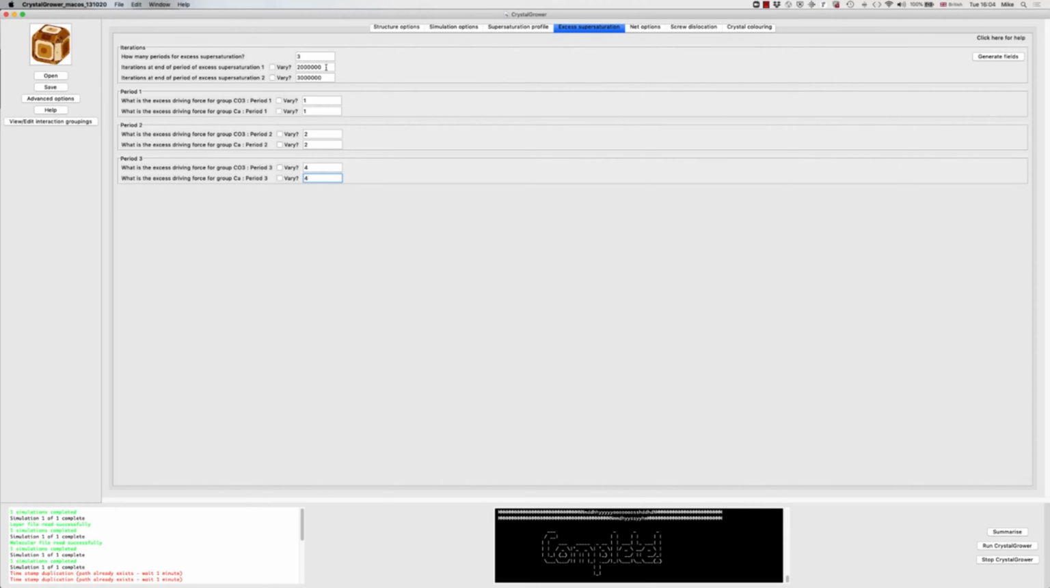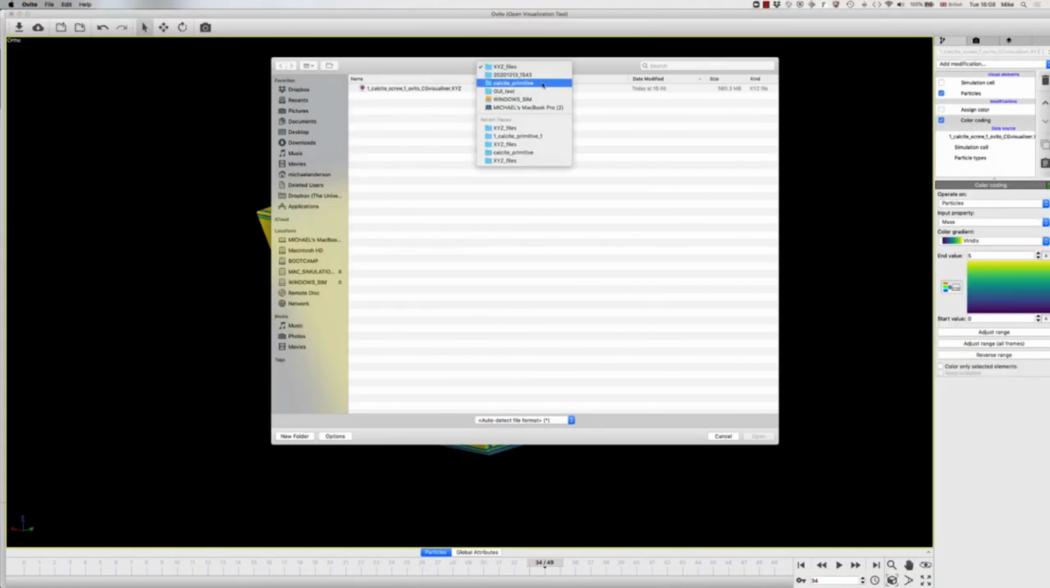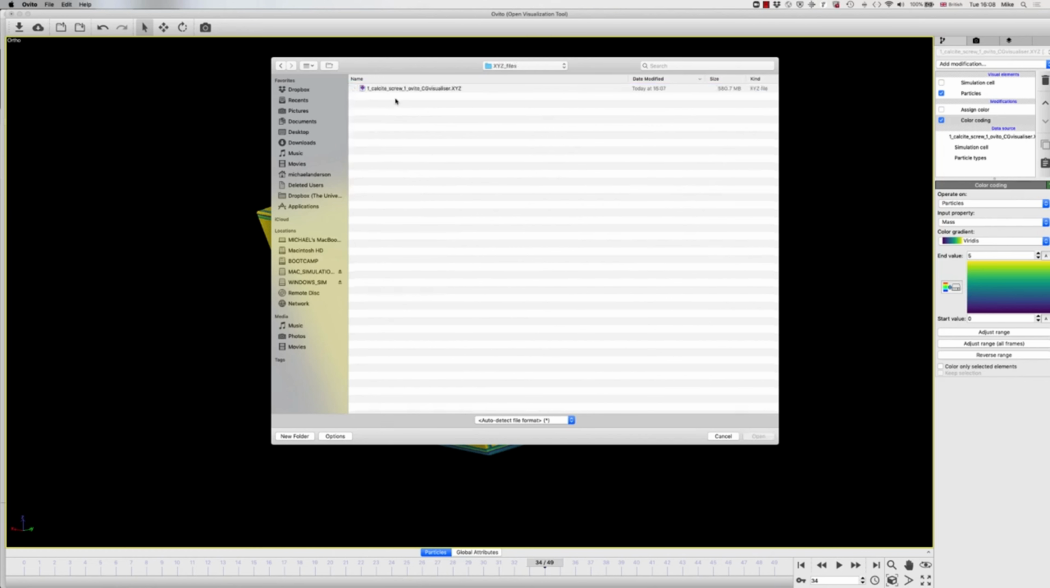The first one is twice as long, just to allow some healing for the first million, and then the second million we will record a movie, and we'll continue with the movie right to the end of the simulation. So we'll run that now. Skipping to the end of the simulation, then if we look in Ovito for the last simulation,